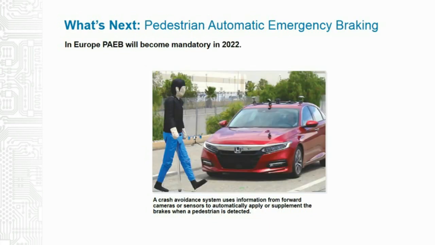Okay. Let me quickly go through a couple more. Next up is pedestrian automatic emergency braking, which is like standard automatic braking when there's a car in front of you, but this will take place when there's a pedestrian involved. And again, NHTSA has recognized this as a promising technology that might be added to its 5-star safety rating.